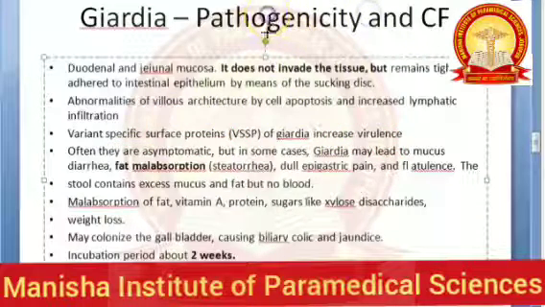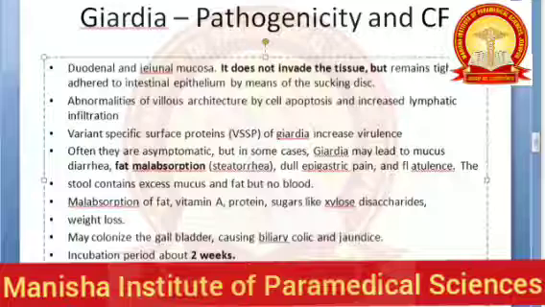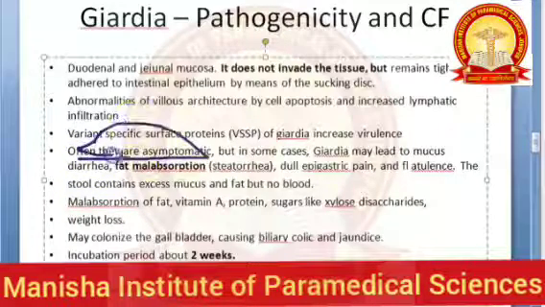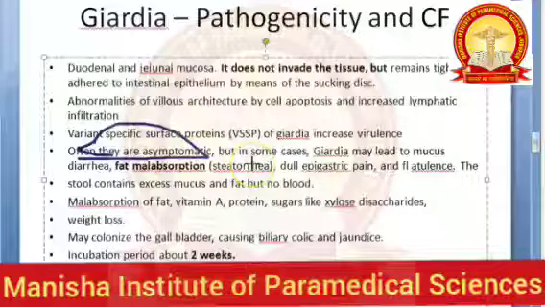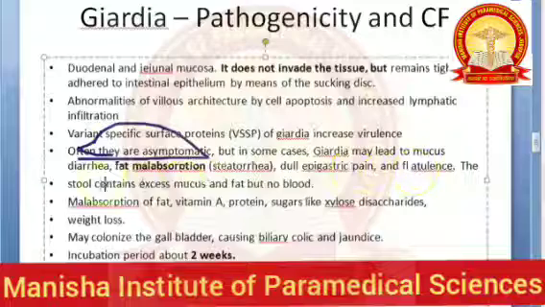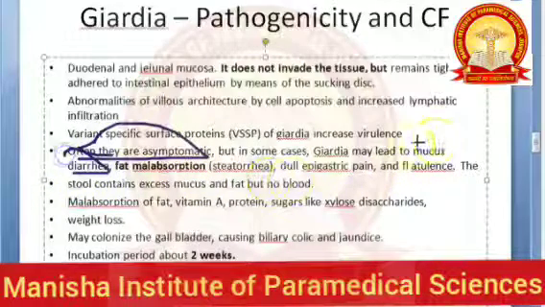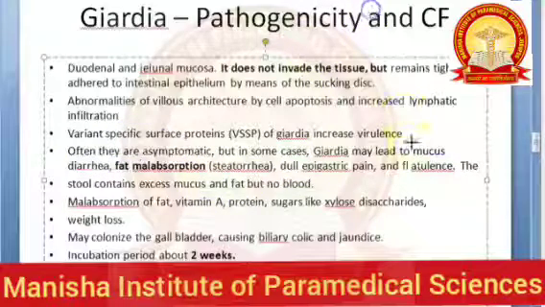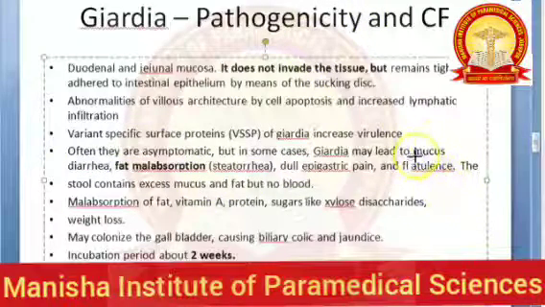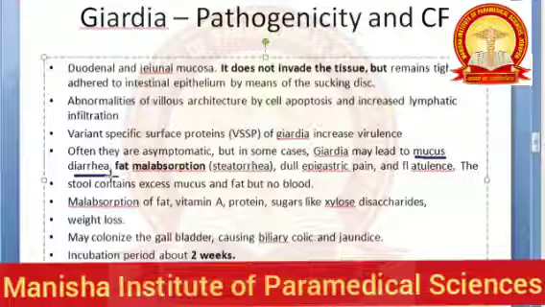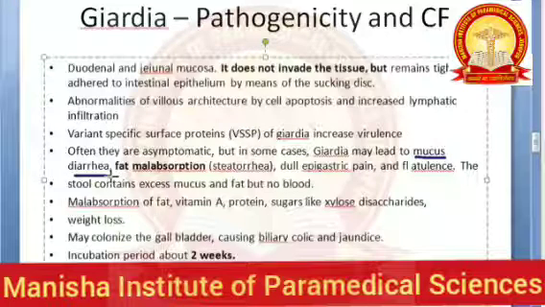Then this is often asymptomatic. Sometimes almost all of these you will say it is asymptomatic, but in symptomatic cases, what will happen? There will be mucus diarrhea. Lot of mucus diarrhea will be there. So mucus diarrhea, guys, pay attention here. Diarrhea is the main thing you have to mention. In Giardia lamblia, if you don't mention diarrhea, then no marks. Diarrhea word should be there.